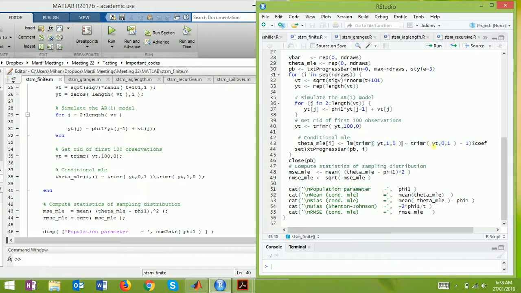So this is yt, this is yt minus 1. So that is conditional maximum likelihood estimation. What we just showed here is that in a simple system, without defining a maximum likelihood equation, we can simply do OLS to do maximum likelihood estimation. Why? Because, as we talked about before,